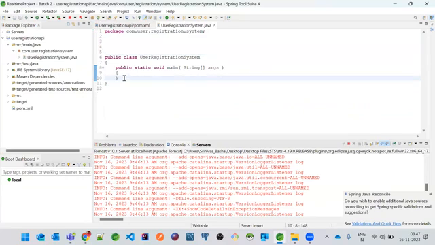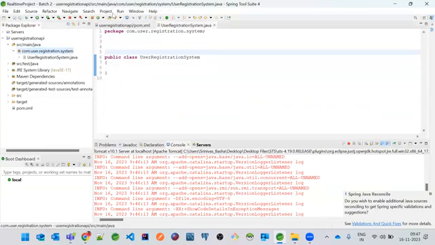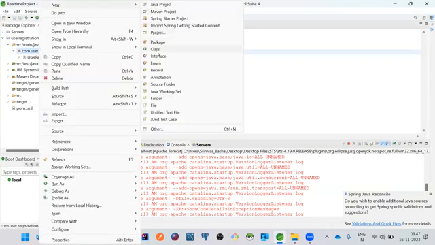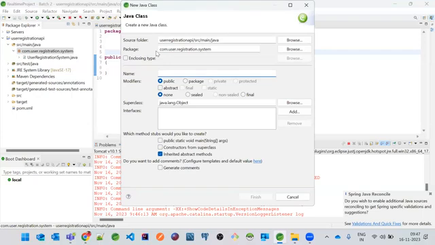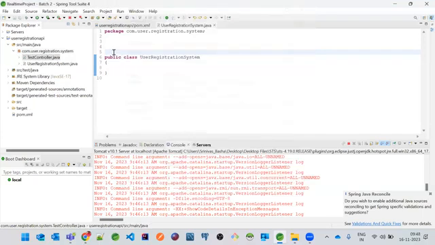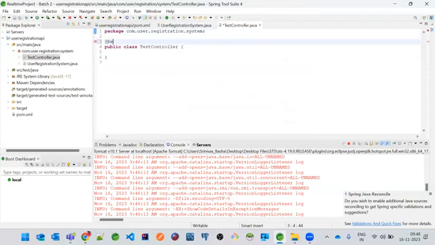Right? And I also don't want this because this is a server-side application. We don't run it. Okay, Tomcat server runs our application. So here I just wanted to create one simple controller, first of all. So I just wanted to make this as a test controller. And I just wanted to make this as the @RequestController.